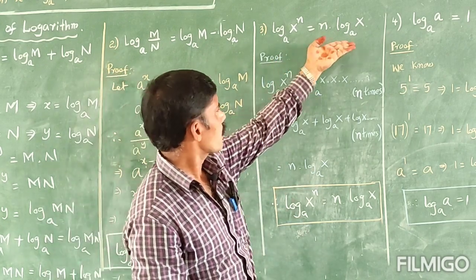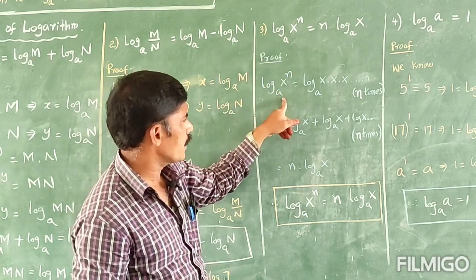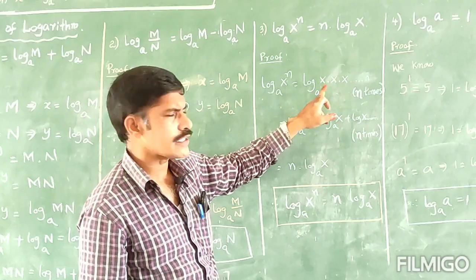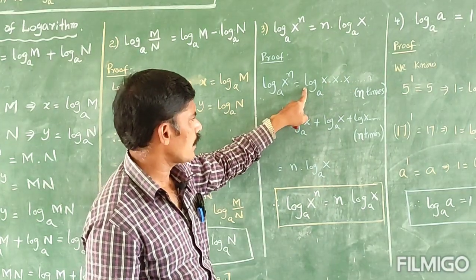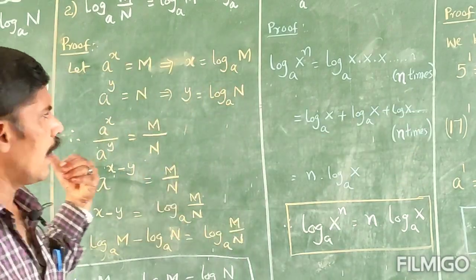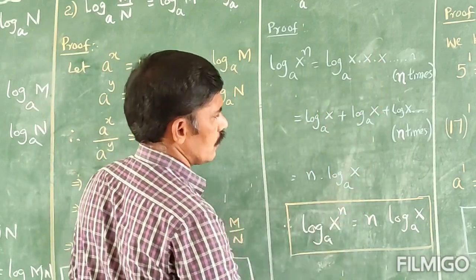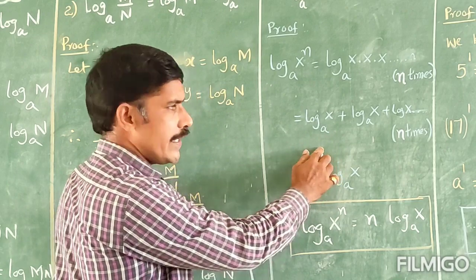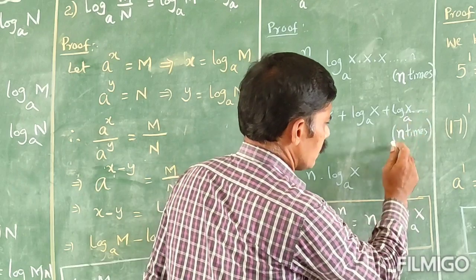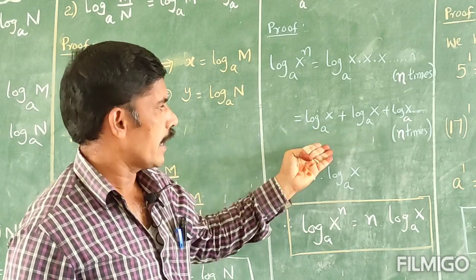Take the LHS, the left hand side part. Log x power n to the base a, you can write like this. You know, x power n means x multiplied n times. I write it: logarithm of x into n times. Already you learned in the first formula log mn is equal to log m plus log n. In the same way, log x into x like that. So you can write logarithm of x to the base a plus logarithm of x to the base a plus logarithm of x to the base a, like this n times. This is a sum of n terms. So n into log x